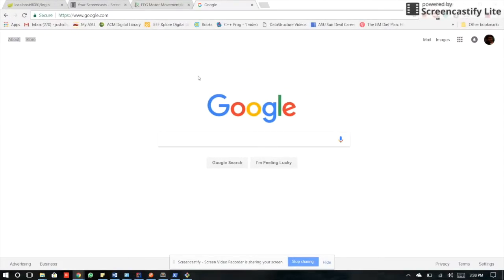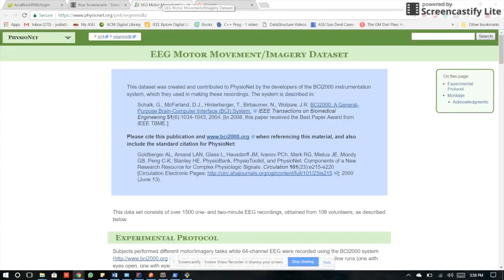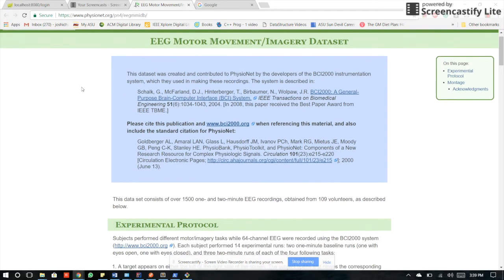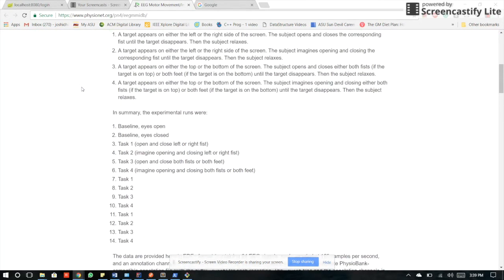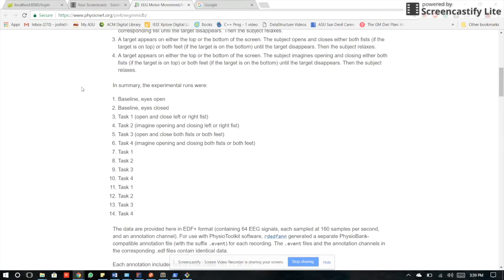Now that we have seen the demo of our app, let's take a look at how we use brain signals to authenticate a user. We have collected data from this website called PhysioNet, and it's the EEG and motor movement data from a research project. These are the set of tasks as you can see over here. Task 1 and task 2 are basically baseline tasks where we have to perform the same thing with eyes open and eyes closed. And then we perform 4 distinct tasks 3 times so that we have enough data for each